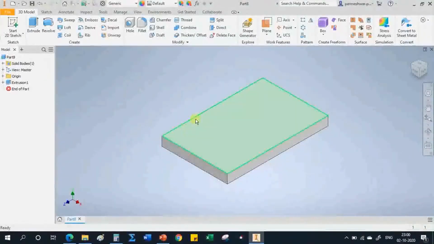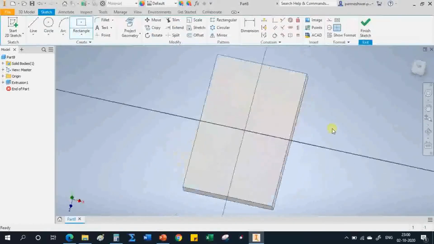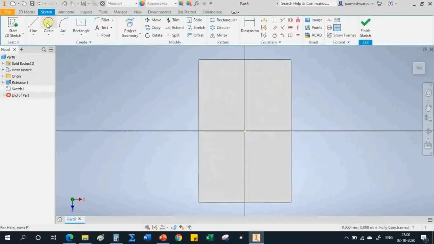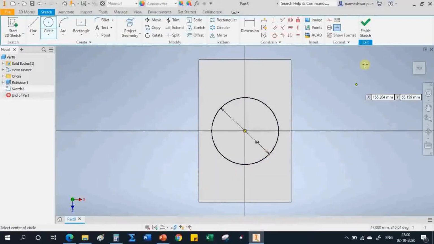So for that purpose select this face on which we will draw one external diameter 94, and select this, create new sketch. Click here. Now select this circle, select this center point and enter diameter 94. Okay. Again select here inner diameter, what is that? 68. Okay.